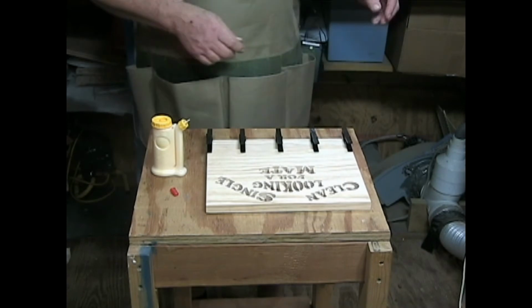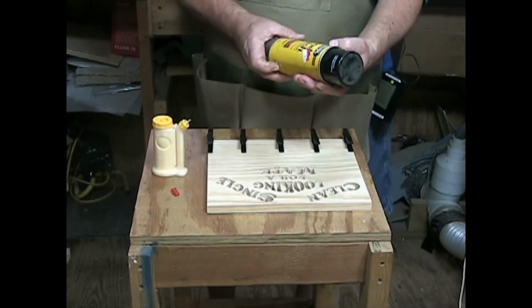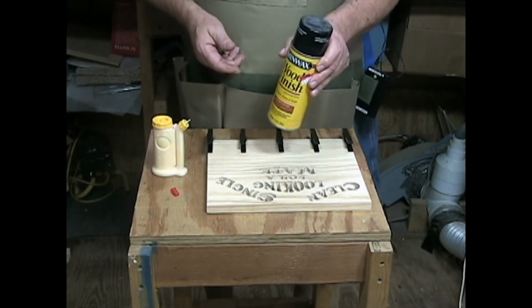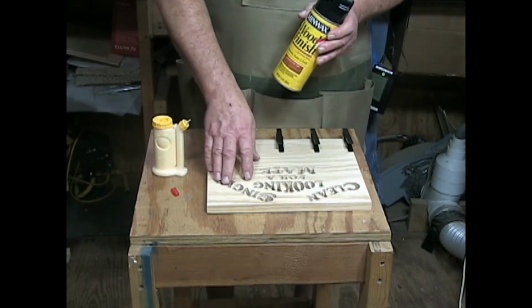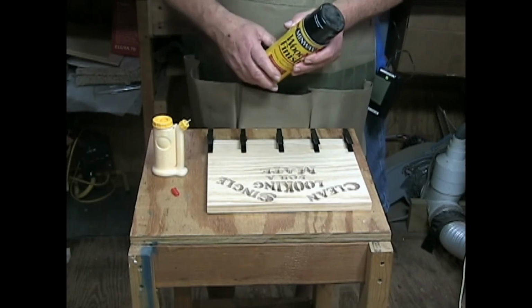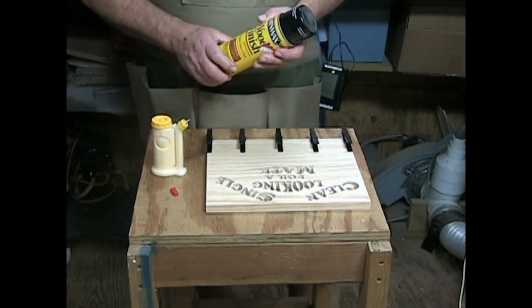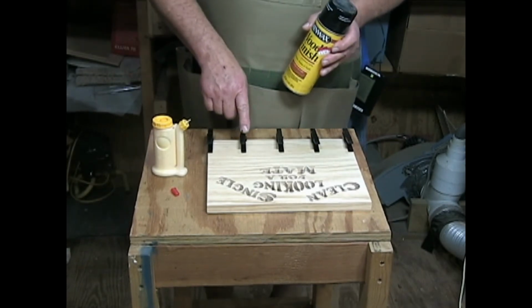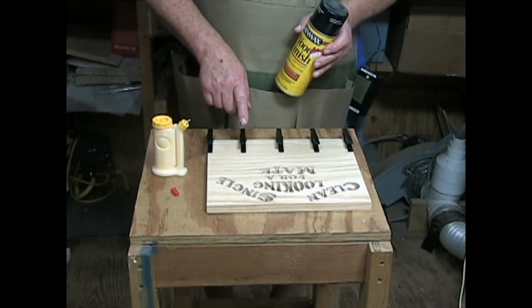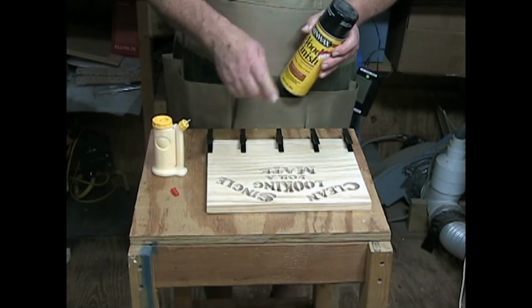I'm going to use some Minwax spray stain, golden oak, just to give this a little bit of a tint rather than the natural wood. I like it better. It's just my preference. You don't have to use some other kind of stain. But by applying these clothespins now and letting them dry, and they're already painted, when I apply this Minwax stain,